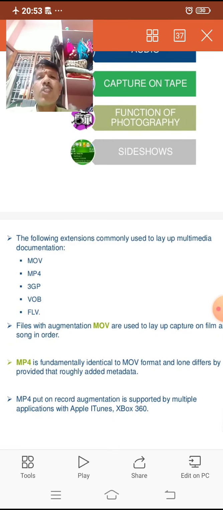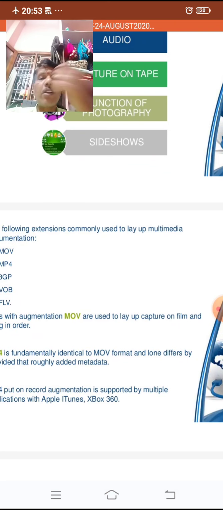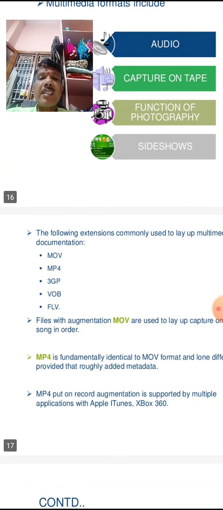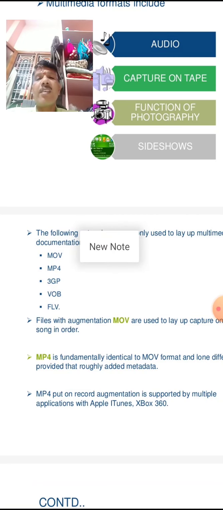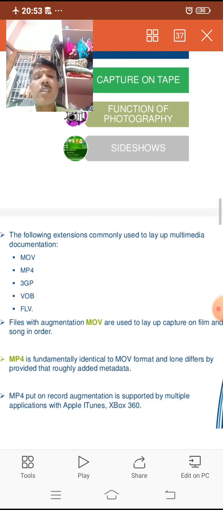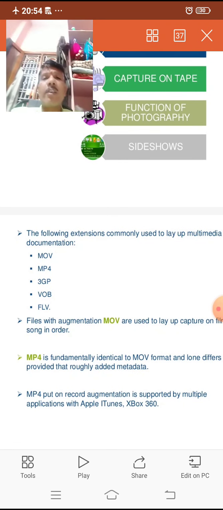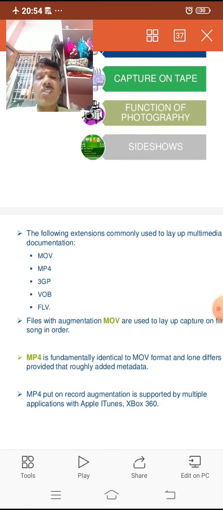Files with the extension MOV are used to lay up capture on film and song in order. The MOV extension says that it is used to lay up capture on film and song in order.